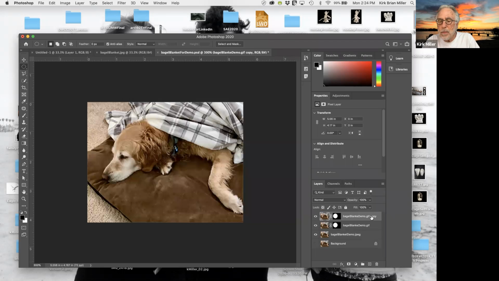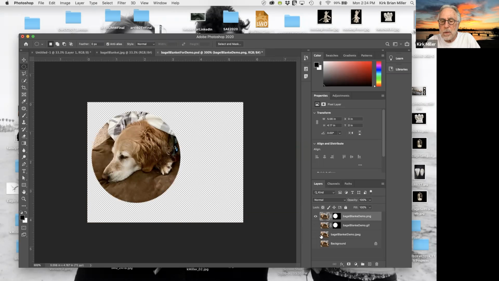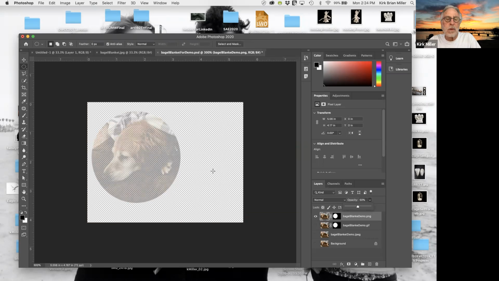In this one, I'm going to name, instead of GIF, I'm going to name it PNG. Because as I said, with PNG files, I can include partial opacity. So I'm going to go ahead and I've got this one selected here. I'm going to turn this off. Okay, so we can see what's going on here. But I can take the opacity on this layer and I can turn it down. Let's say I only wanted just a little ghost of the image, 50%. You can't do this with a JPEG or a GIF, but I can do it with a